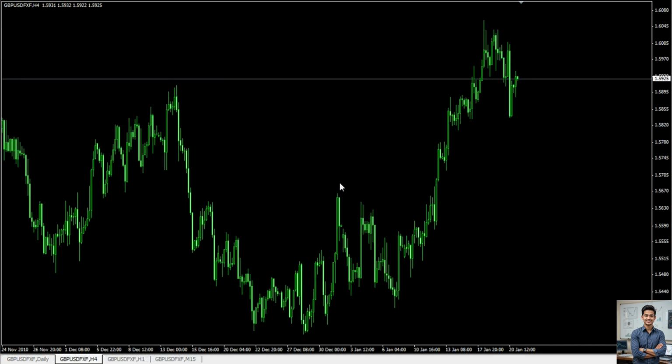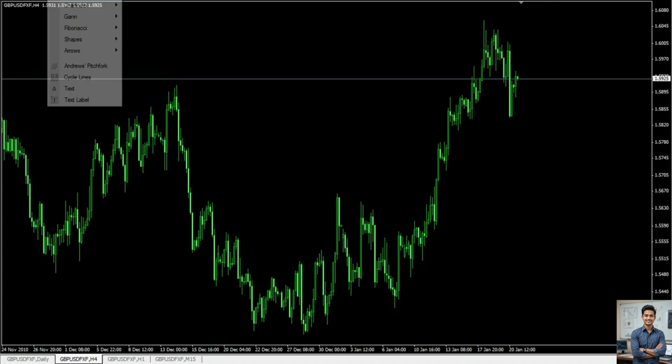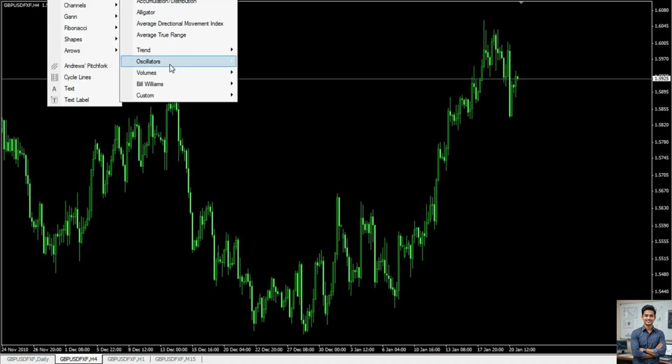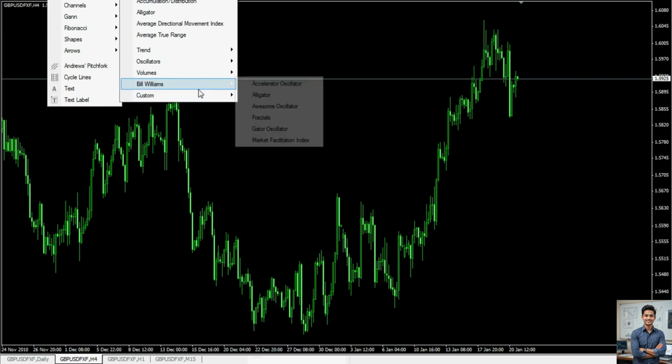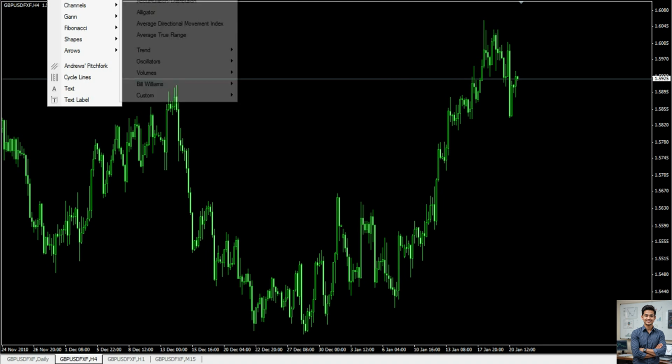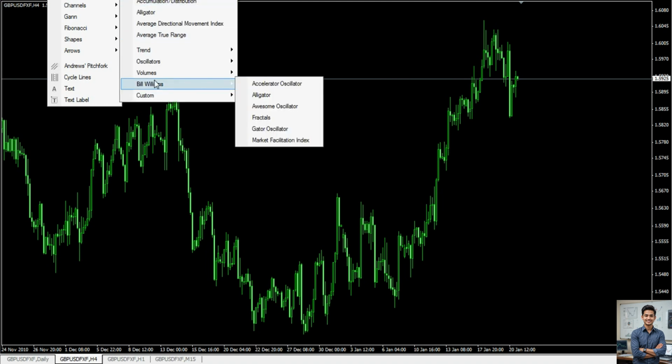For the 4-hour, okay, we're going to bring in our tools. Okay, you want to go and pull up a fractal. Now, fractals are basically the swing highs and lows, and all MT4 platforms have a preset area underneath that you go up to insert indicators down to Bill Williams, and you scroll down to fractals. Click on that